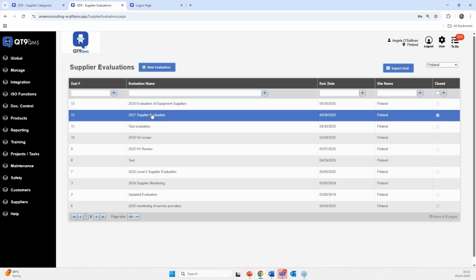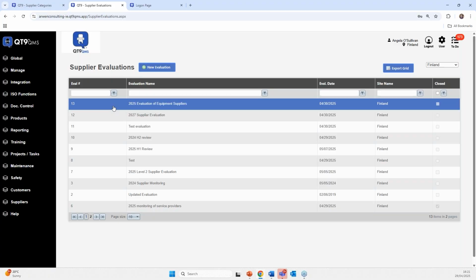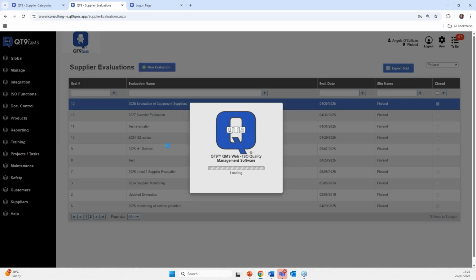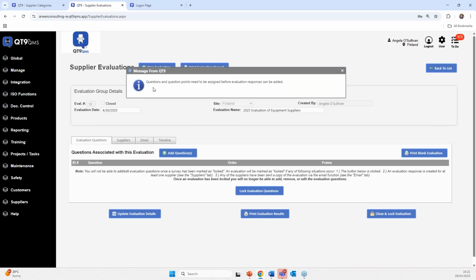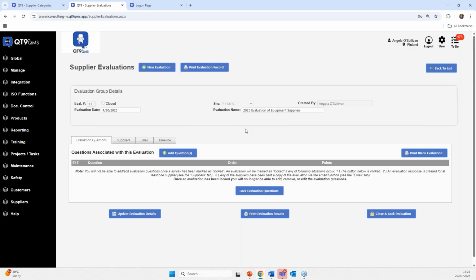So this is the most recent one, it's just showing up here at the top. So it's number 13. And I'm just going to select this line item. Questions and question points need to be assigned before the evaluation responses can be added, of course. So you need to add the questions first. So when you select Add Question,